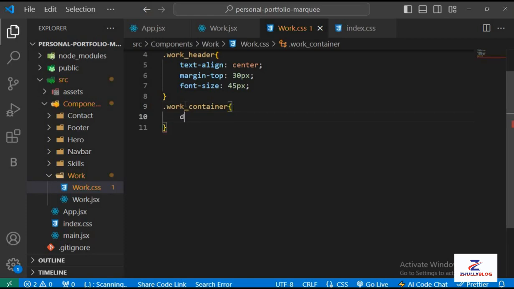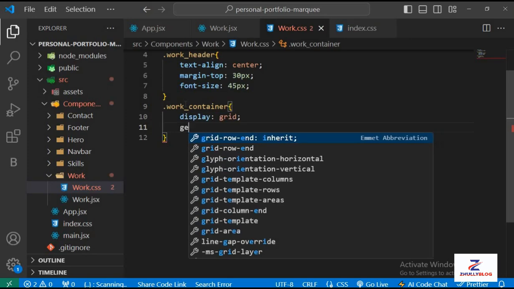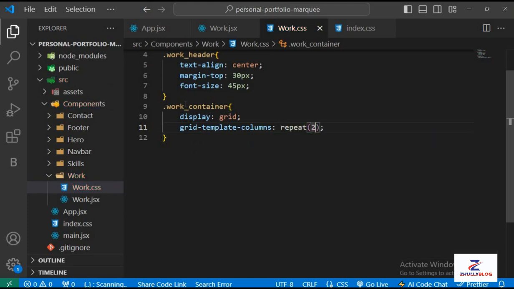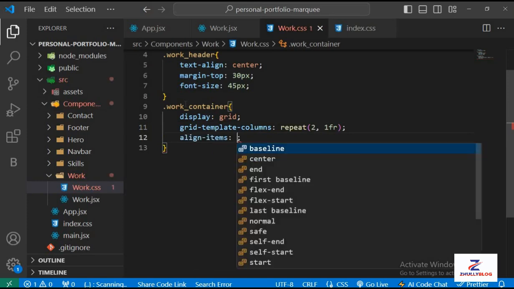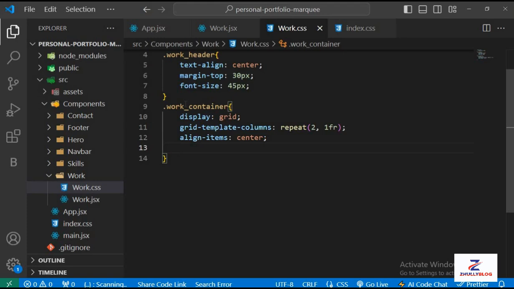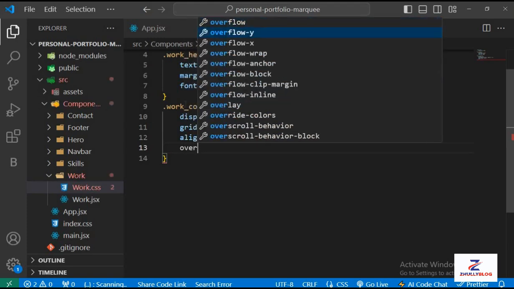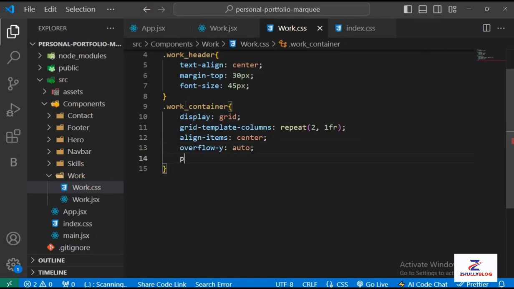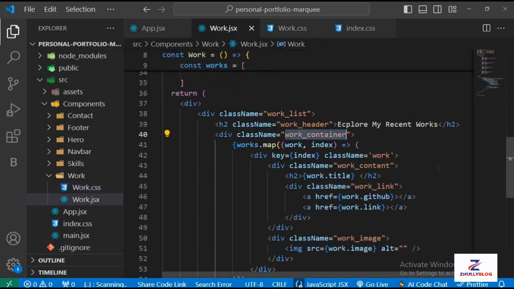For the work container, display is going to be grid, template columns repeat 2, 1fr, align items at the center. Overflow on the y-axis is going to be auto, and then padding is going to take 20 pixels. So for work itself,